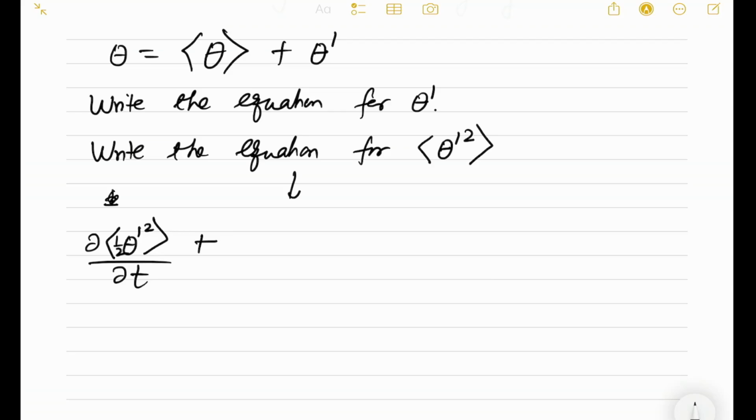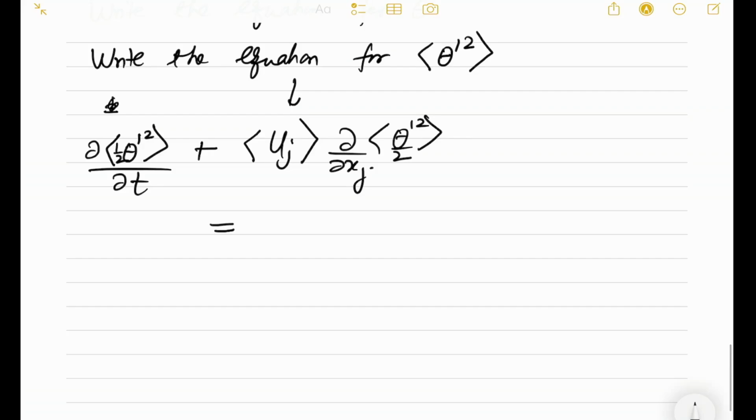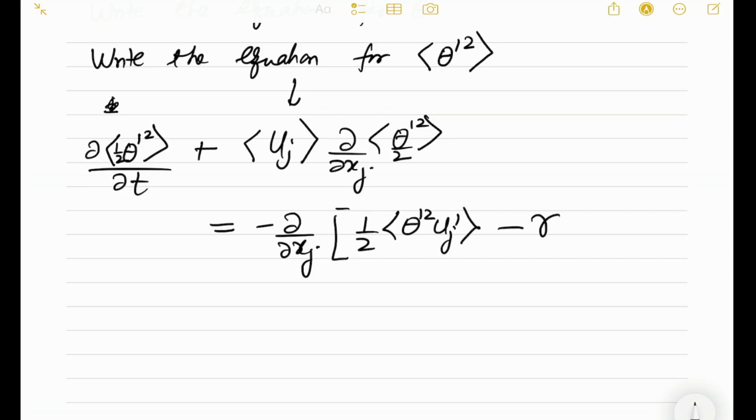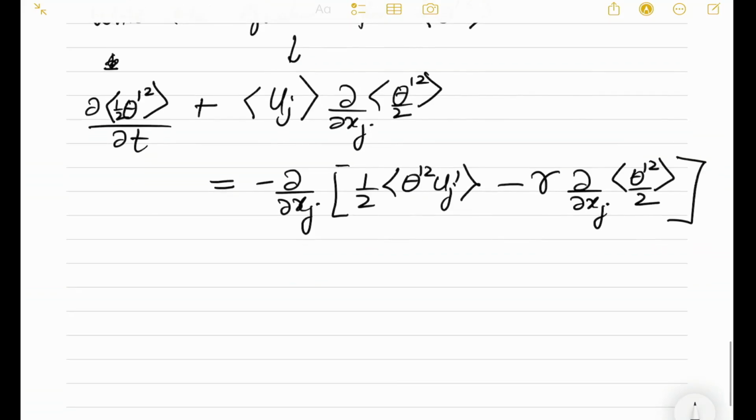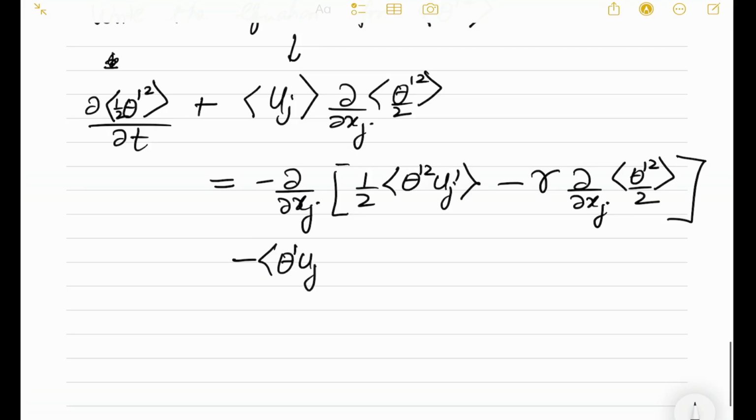That's how we are seeing the trend in all equations. So the second term will be mean of uj d by dxj of theta prime square by 2. And this is equal to, now I'll write the final equation, minus d by dxj of half of theta prime square uj prime, minus gamma d by dxj of theta prime square by 2. Then we have a term minus theta prime uj prime d theta by dxj, minus gamma